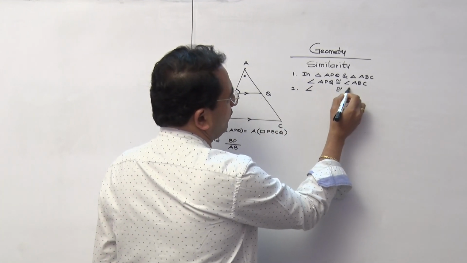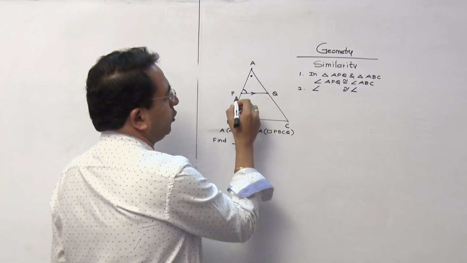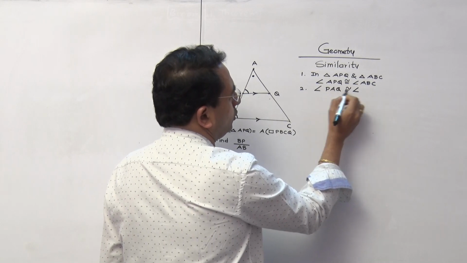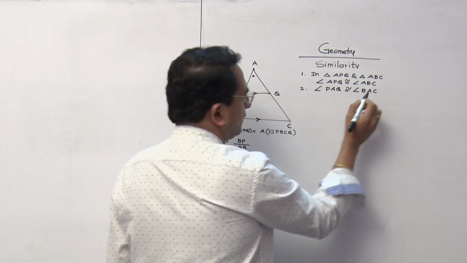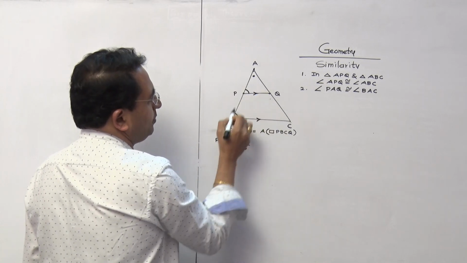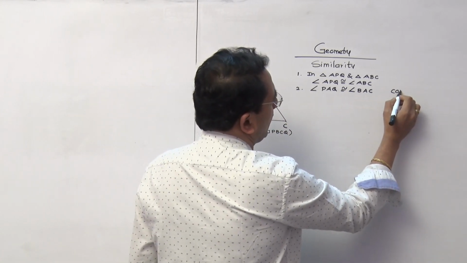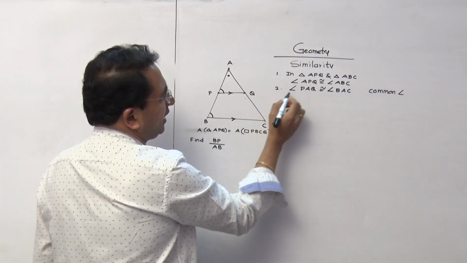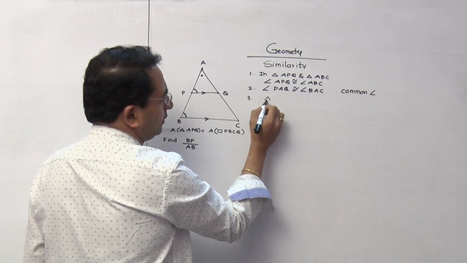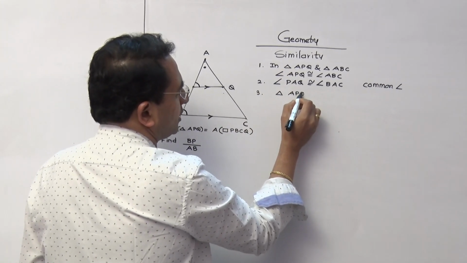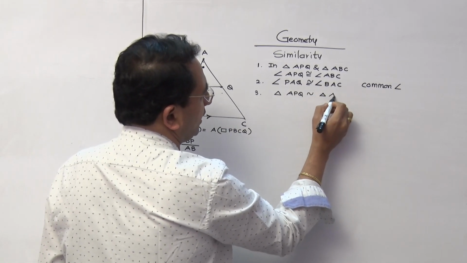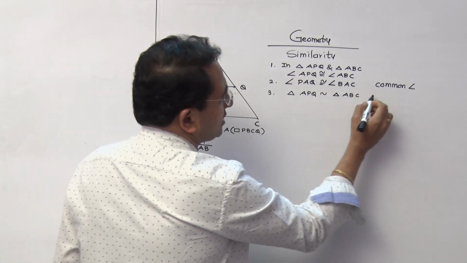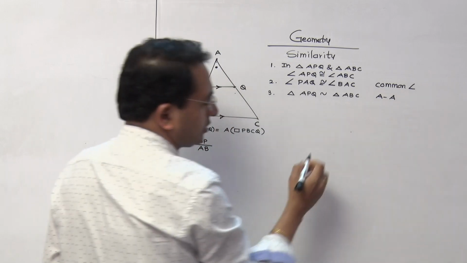Angle is congruent with angle. Now which angle are you going to talk about? PAQ. Is it PAQ and BAC? See this, PAQ and BAC, is it a common angle in the pair? It is a common angle. And two pairs are enough to prove that triangle APQ is similar to triangle ABC. See the way I am heading ahead. This part is going to have the reason AA test.